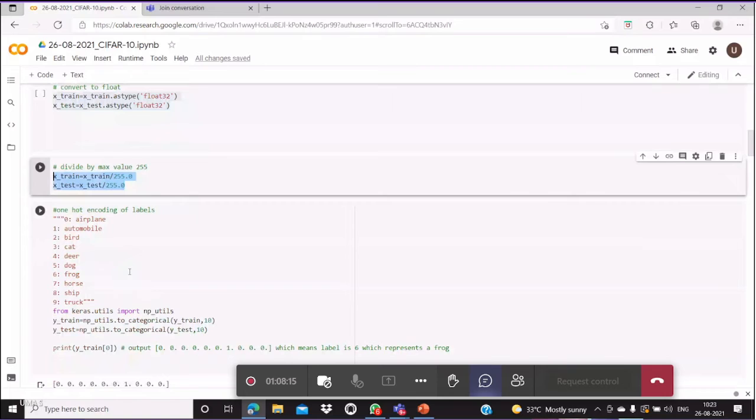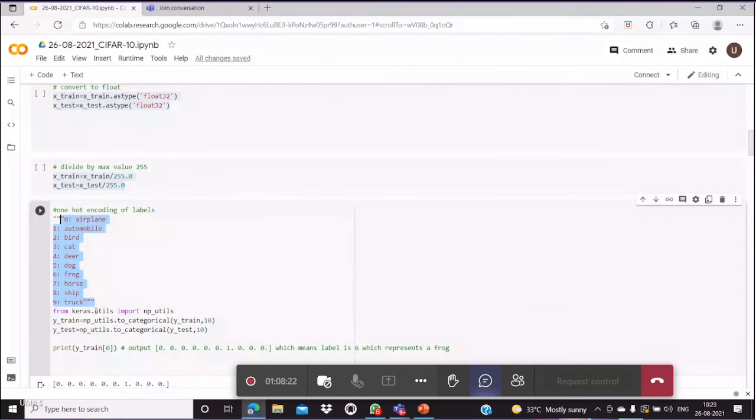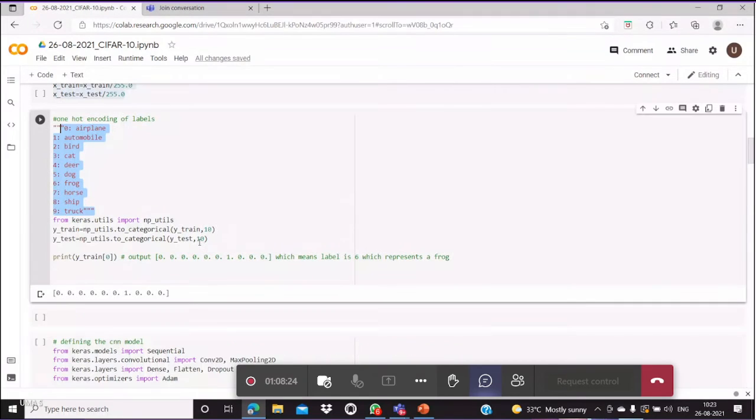Next, I consider the classes, which are given built-in from 0 to 9, airplane to truck. 10 classes are supported here for training and testing, and the categorical values are applied as one-hot encoding.